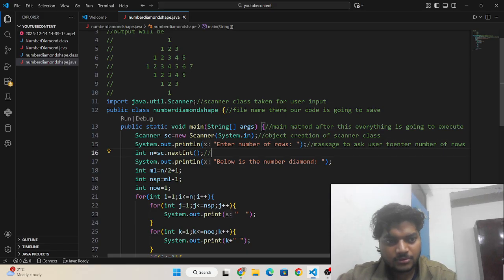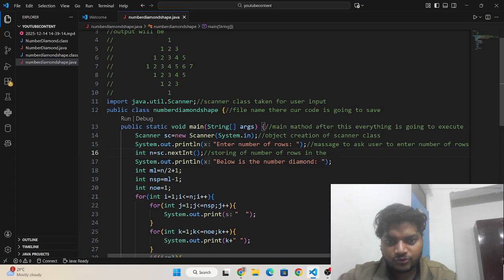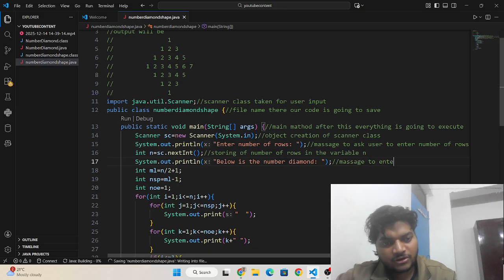This is the storing of the number of rows in the variable n, okay. This is the message to show the result.